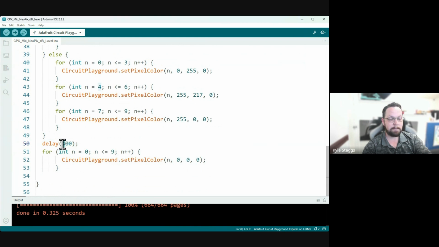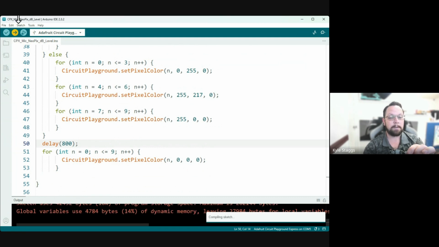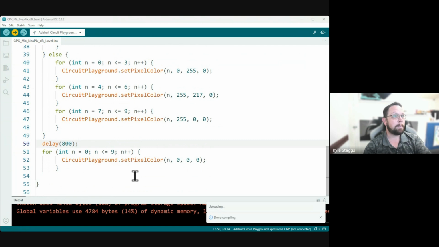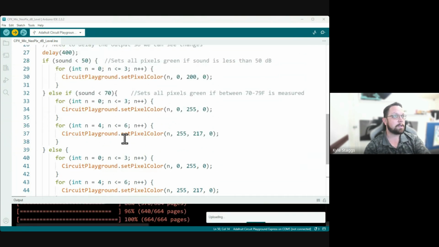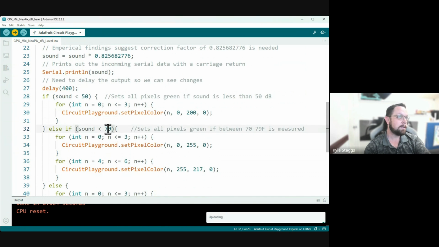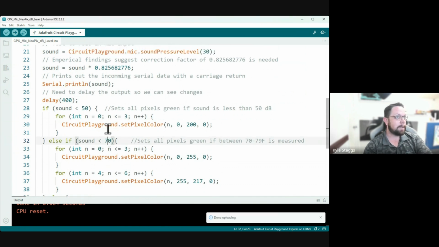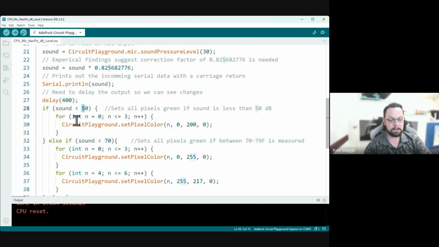We're going to leave them on for 800 milliseconds. So I'm just going to make a slight adjustment to the timing. I'm also going to adjust the thresholds just slightly, actually, because reasons. So if sound pressure is less than 60, if this is less than 80,